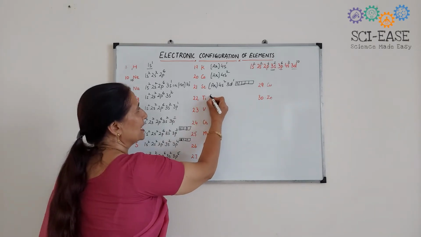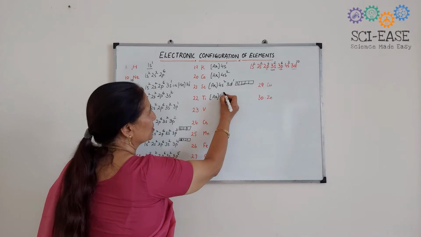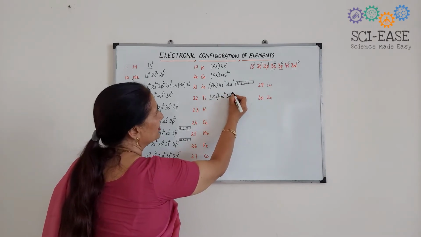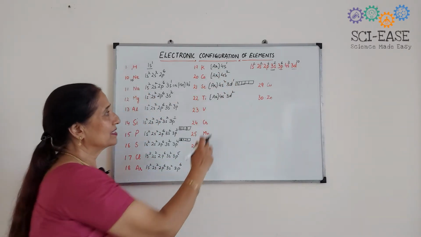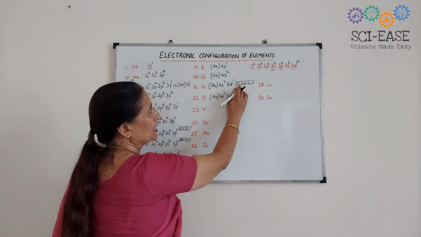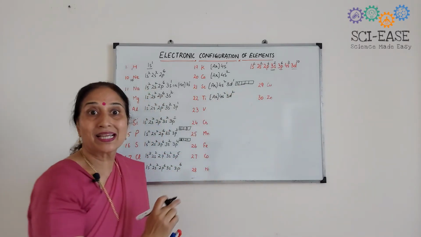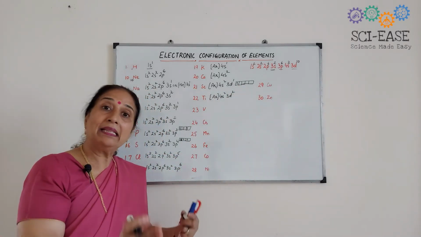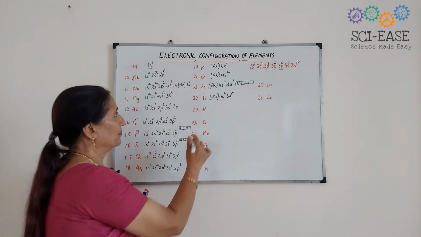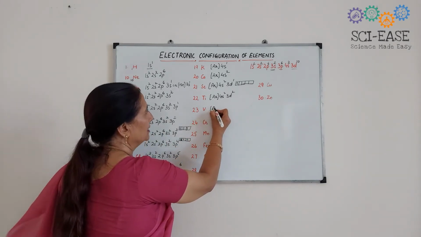Now come to titanium. Here argon, 4s2, 3d2. The second electron will go here in the next orbital. According to Hund's rule, all the orbitals will be singly occupied first and then pairing will start. So come to vanadium, argon,